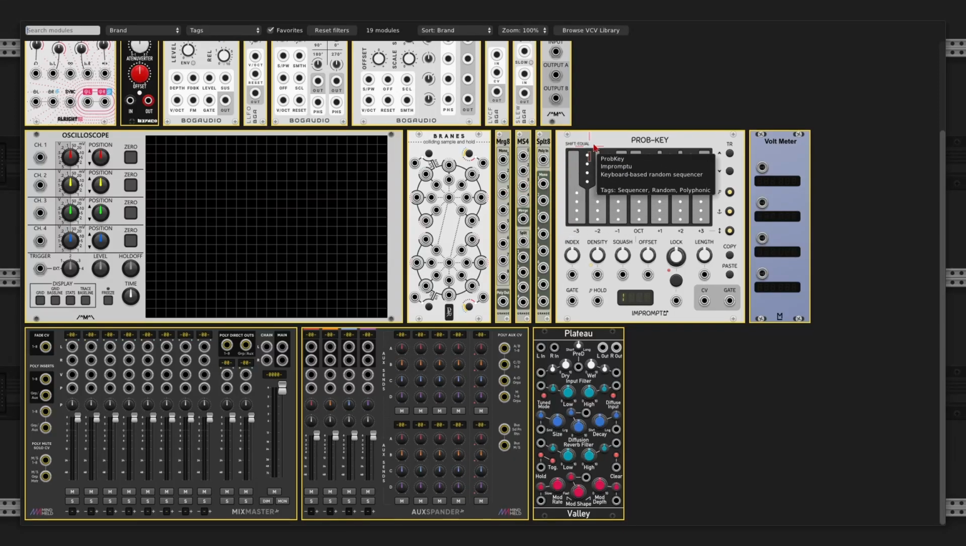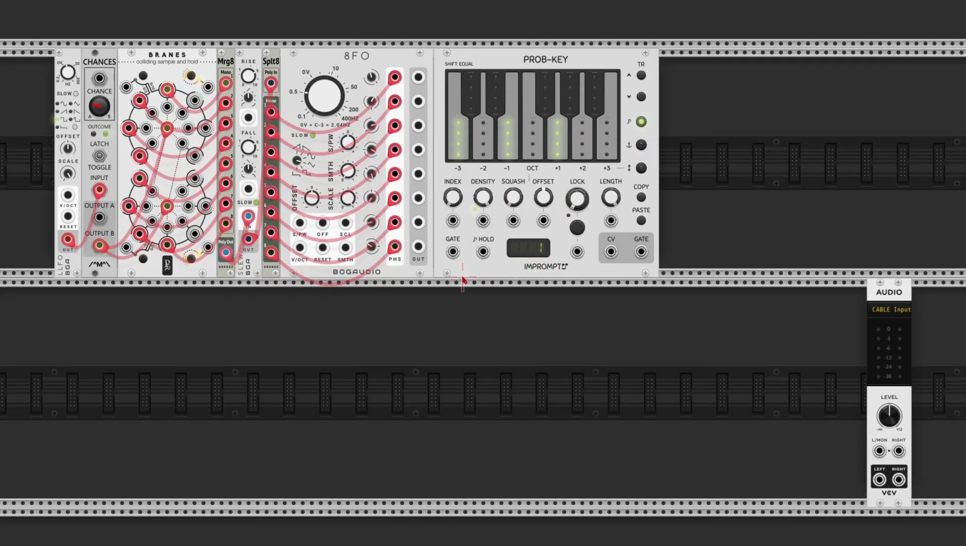The notes in this patch will be generated by the ProbKey module by Impromptu. This module expects a gate input, and I'll use the LFO for that. And each time a gate is received on the input, it will play a new note. And over here on the keyboard you specify which notes it can choose from. I'll set this to a C minor pentatonic scale, so that's a C, E flat, F, G, B flat,